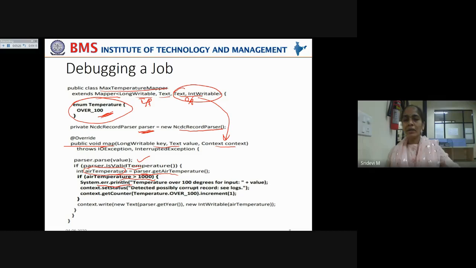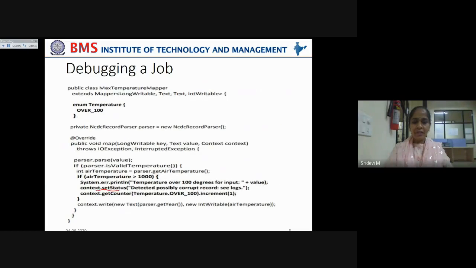What you log is "Temperature over 100 degrees for input", and you give the value here that is parsed, which indicates that that particular air temperature is greater than 100 degrees. So System.err.println gives the message temperature over 100 degrees for input, the input that is used.